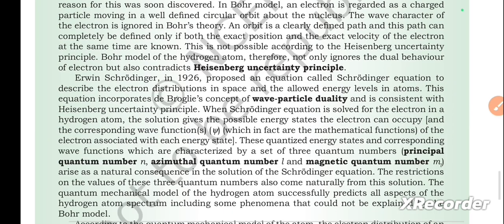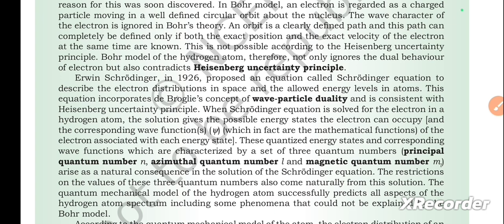Erwin Schrödinger in 1926 proposed an equation called the Schrödinger equation to describe the electron distributions in space and the allowed energy levels in atoms. This equation incorporates de Broglie's concept of wave-particle duality and is consistent with the Heisenberg uncertainty principle. When the Schrödinger equation is solved for the electron in a hydrogen atom, the solution gives the possible energy states the electron can occupy and the corresponding wave functions, psi, which in fact are the mathematical functions of the electron associated